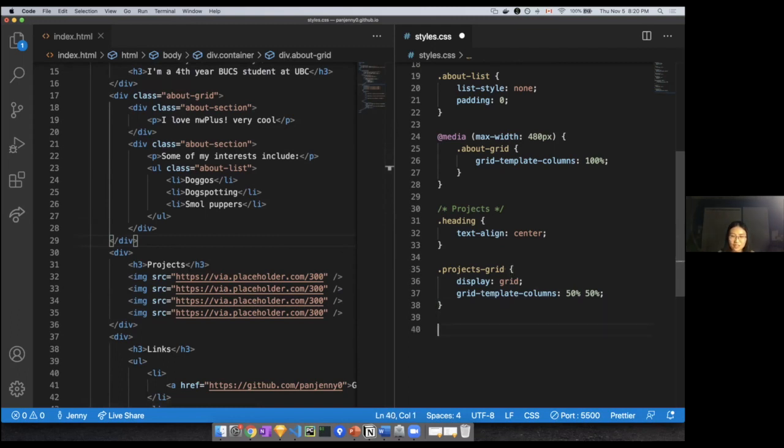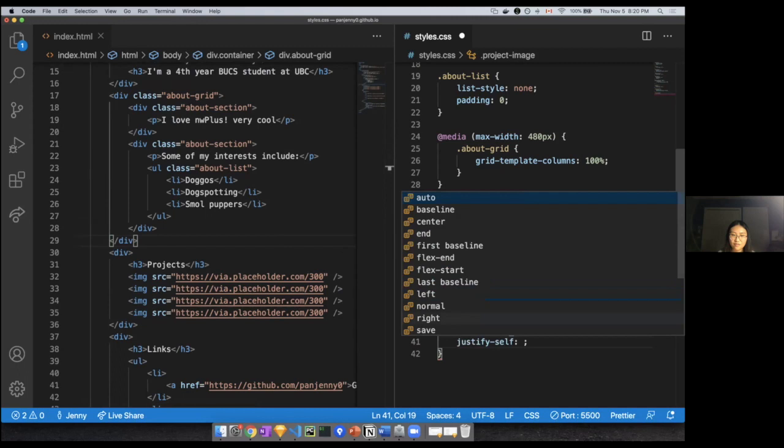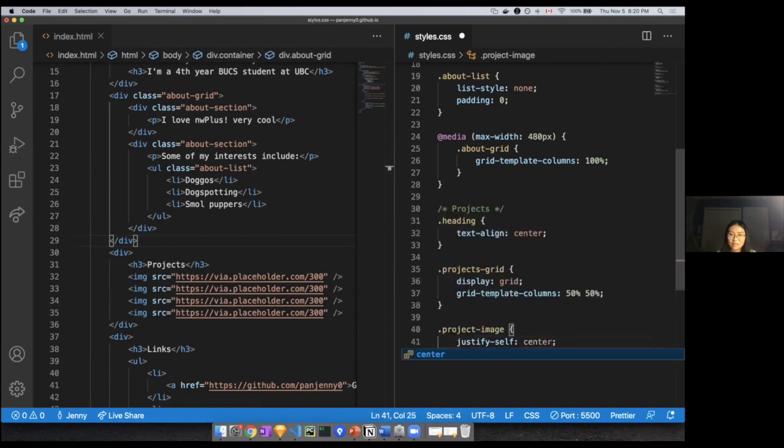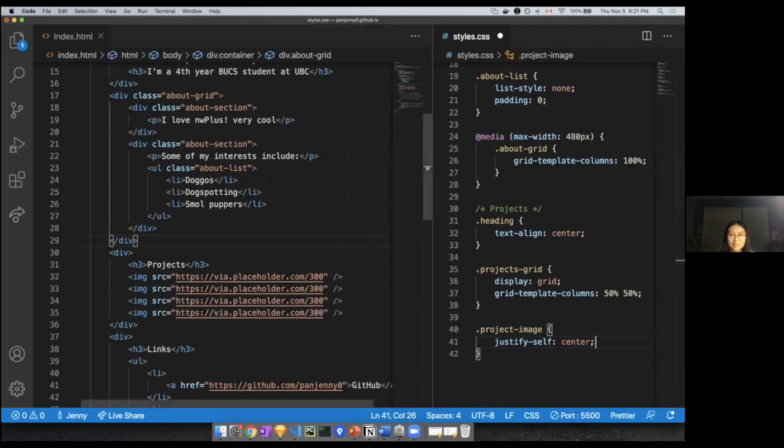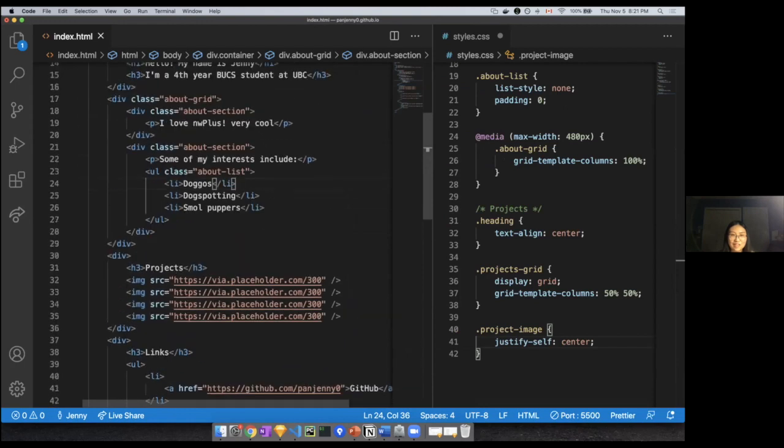And then we also want to style the image for our project: justify self center, and then padding. We just want to center the image inside the column that contains it. So if we add this to the HTML here, we have,